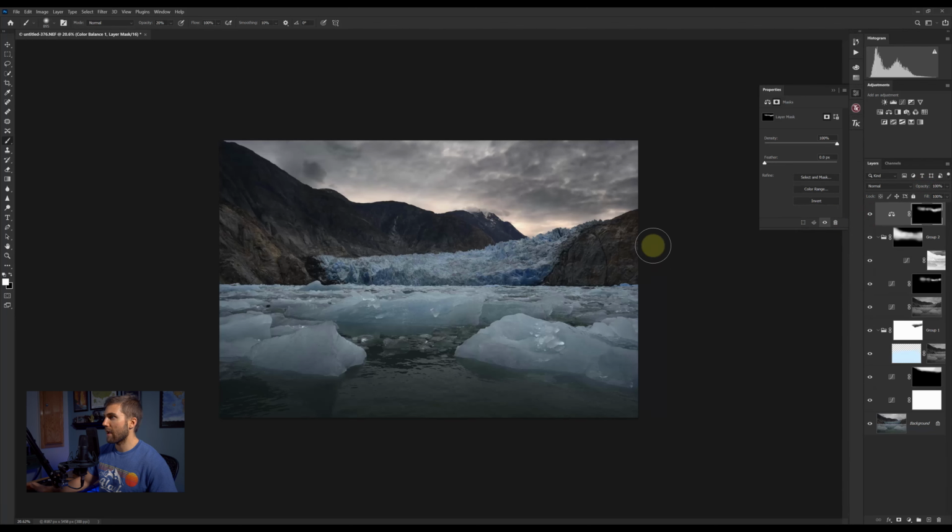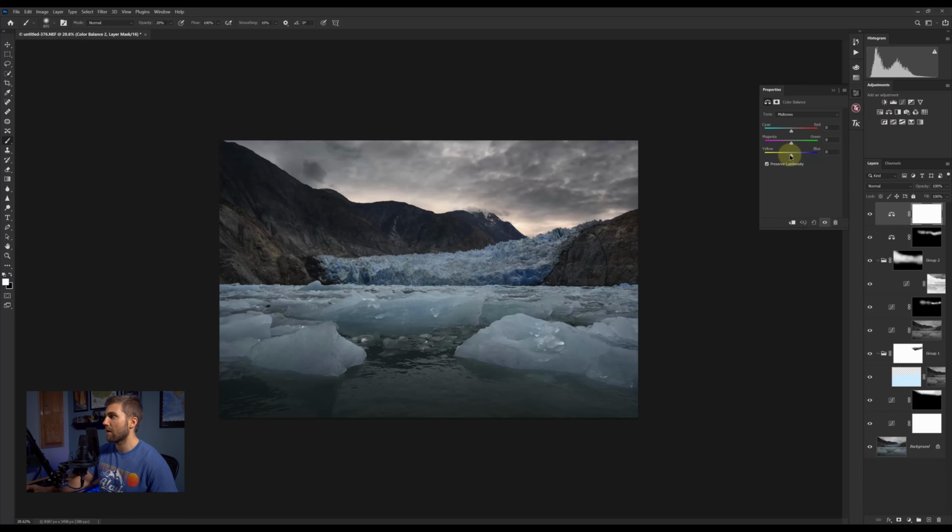So now we're starting to add a little bit of color. So let's continue working on that. I really want to cool down this whole image because we're going to try and create this contrast, this transition of cool to warm. So we want ice is very cool, sky cool, and then we have this warm spot. That's going to create a dramatic look. That's going to create mood, and the eye is going to go right up the glacier to that warm light. So I'm going to grab another color balance layer, and I'm going to add a lot of blue, maybe a little bit of cyan,